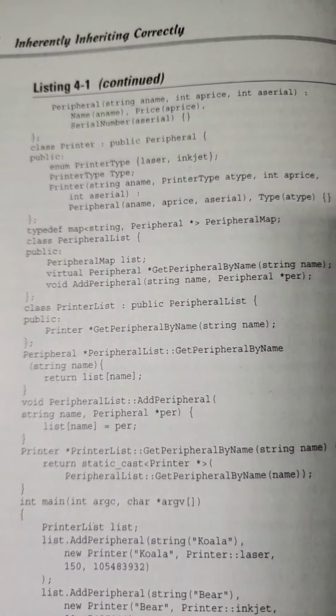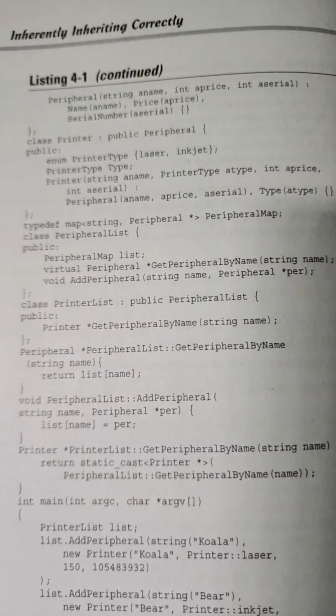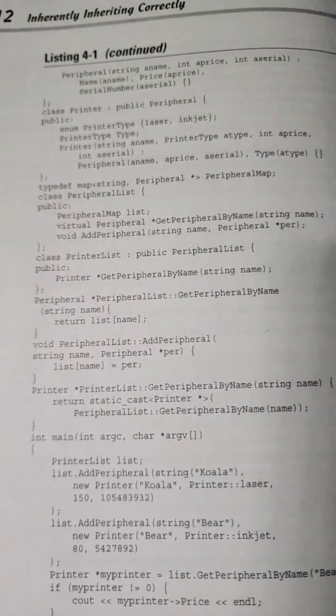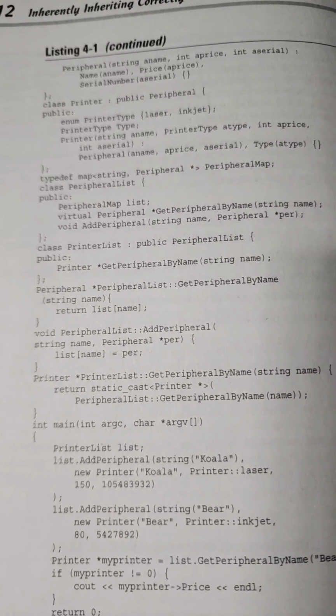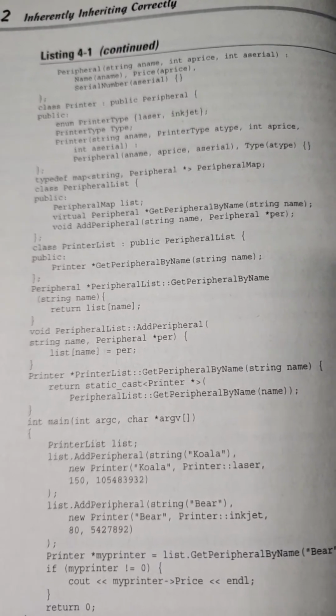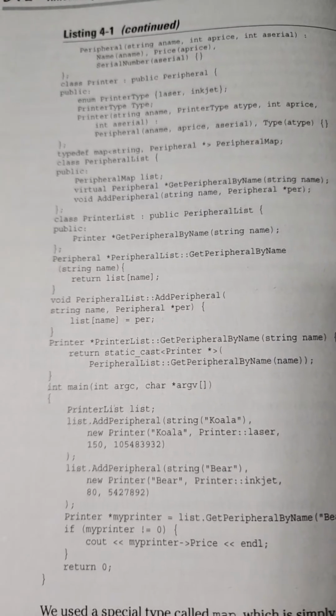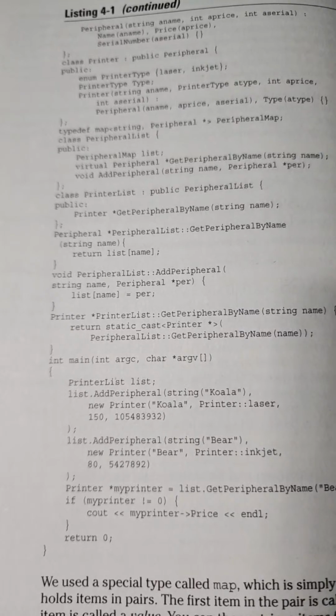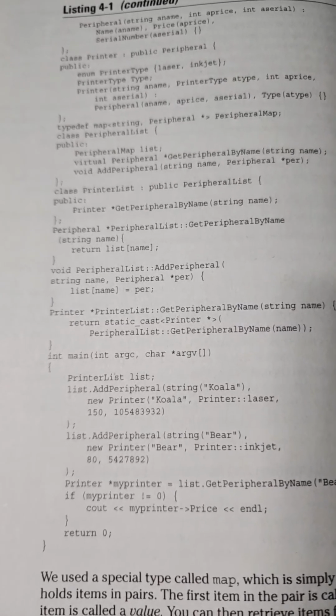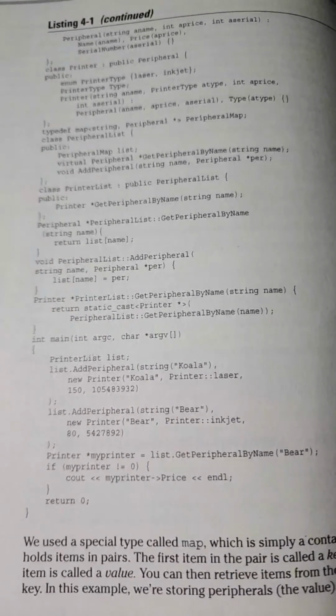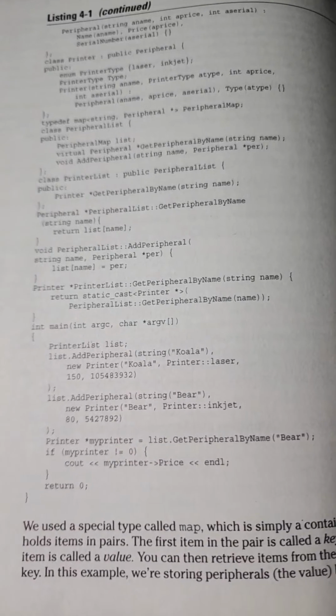void addPeripheral(string name, Peripheral* per); class PrinterList : public PeripheralList { public: Printer* getPeripheralByName(string name); Peripheral* PeripheralList::getPeripheralByName(string name) { return list[name]; } void PeripheralList::addPeripheral(string name, Peripheral* per) { list[name] = per; } Printer* PrinterList::getPeripheralByName(string name) { return static_cast<Printer*>(PeripheralList::getPeripheralByName(name)); }